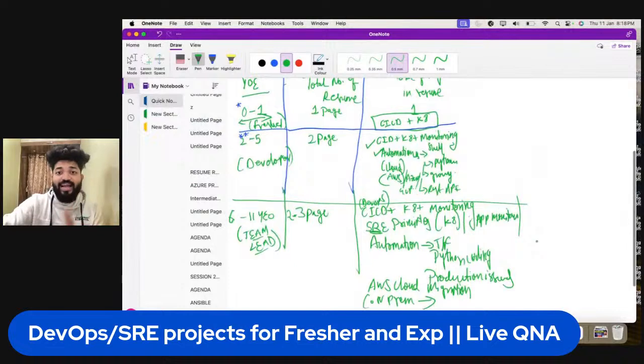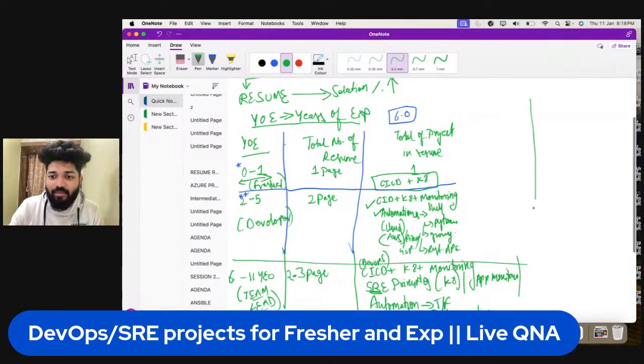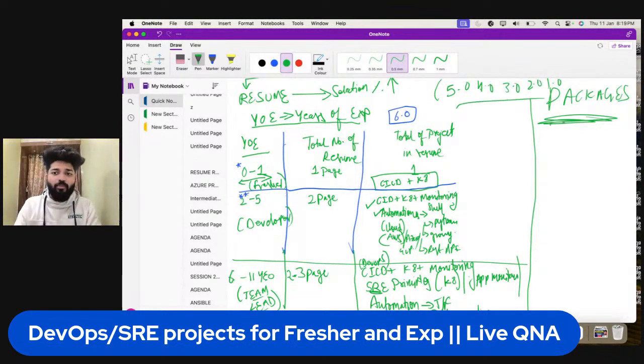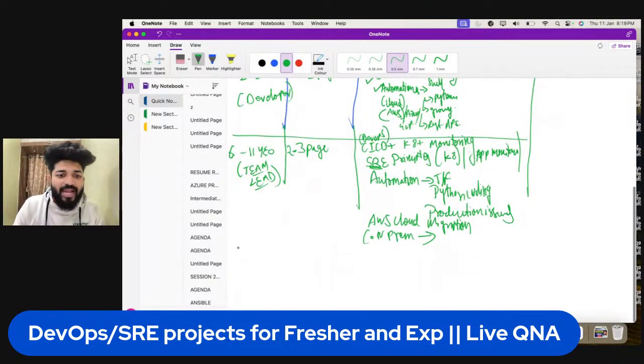Now, don't leave the class, because we are going to discuss packages also. One of the important things is how much package you will get if you are following this. And all these things are based on my previous batch students, 5.0, 4.0, 3.0, 2.0, and 1.0, obviously. So we'll be talking about packages, but let me first complete the managerial terms, like who is a manager and